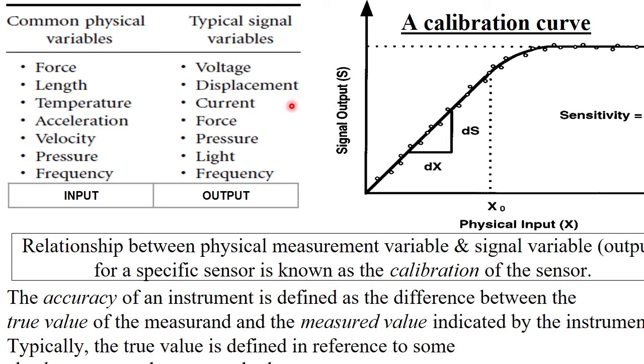In a laboratory setup, the standards for measurement are different. For ordinary application, the standards are different. So typically the true value is defined in reference to some absolute or agreed upon standard. This is what is meant by that. And then there are some quantities which we can define naturally. Based on nature, if there is something which can be measured, that is fine. That is also possible sometimes.